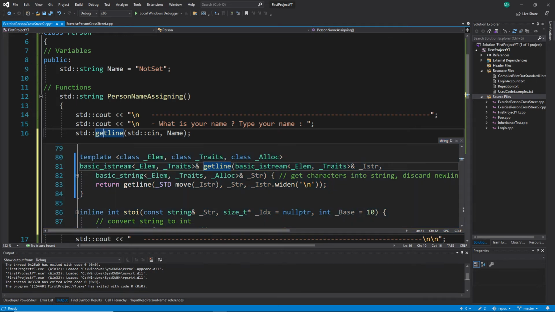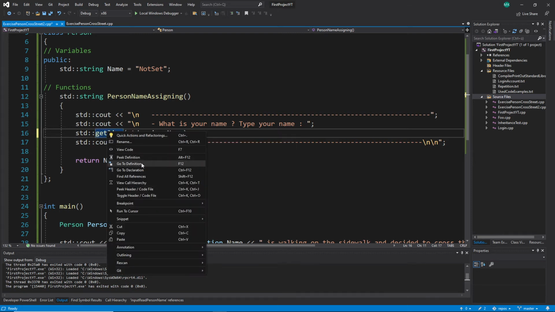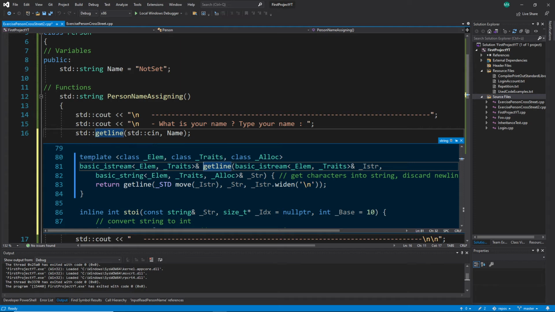For example, if you find something like that, you can just go to the web and ask how to use getLine, and they will show you. You need just type in std cin, and you need a string, which you have defined before. So what I want to point out is sometimes it's easy just to go in and read how to use it. But that takes a little bit more time because you have to analyze all the steps, like I said. When I go here in peek definition, now you can see there are some other classes